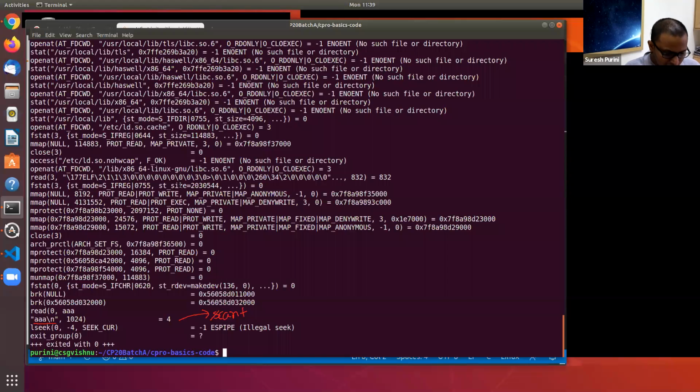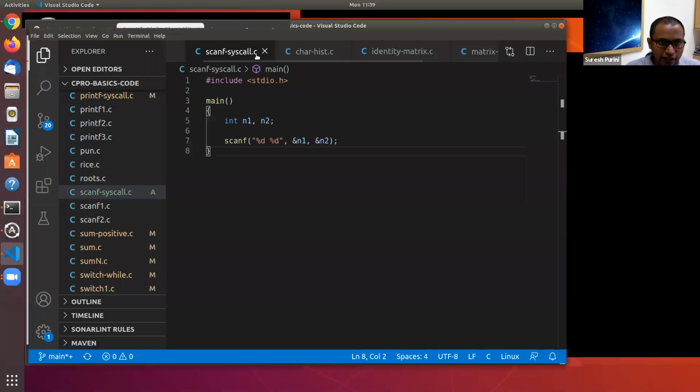And what happens is scanf internally looks at the buffer, A, and it's not able to convert A into an integer. So it doesn't try to process the keyboard buffer anymore. And so it returns 0, because it's not even able to extract even one integer from the input keyboard buffer stream.